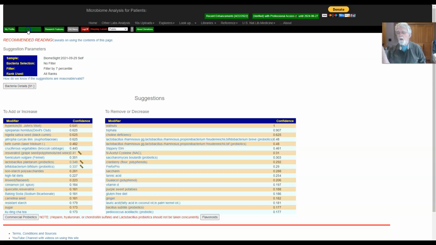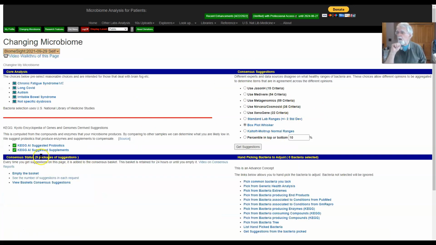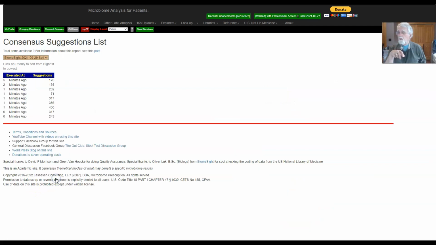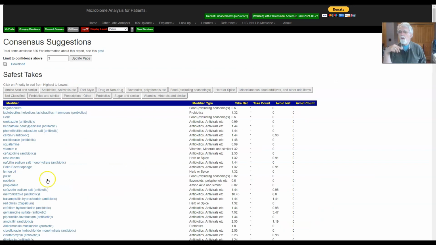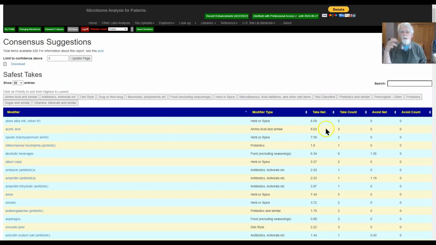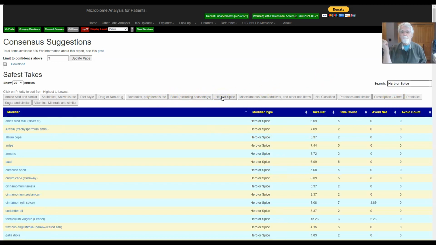Okay, so we have now done all of these, and now we have consensus, and we can look at the number of suggestions per. You can see there, and a similar number is on the blog post, so it's not a particularly great one. And now we view the bucket suggestions consensus. So here we have the items, and we have the ability to do fast search. For example, if we say, okay, I only want to look at herbs, then we have the herbs here, and the thing is, the safest takes here